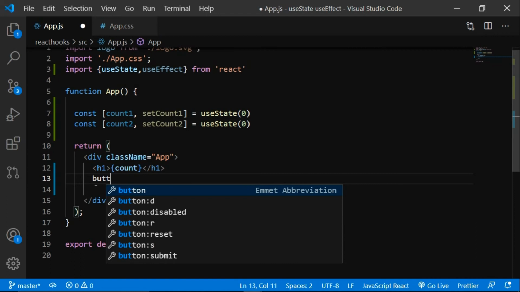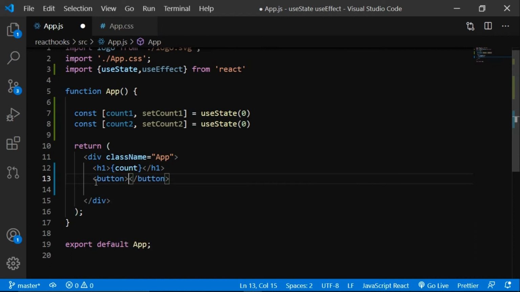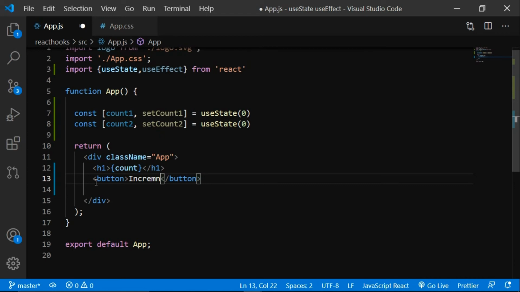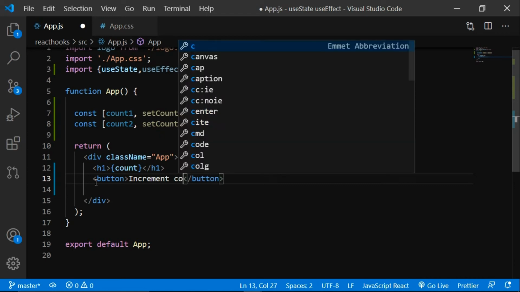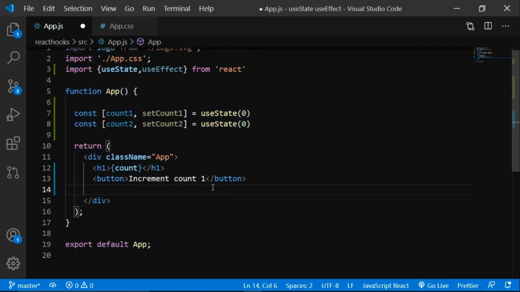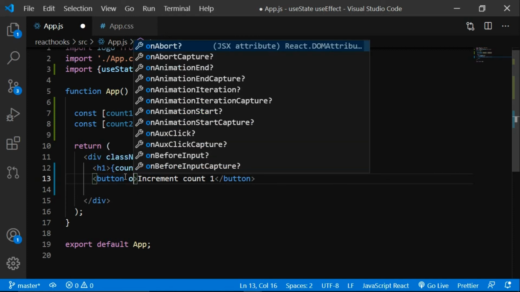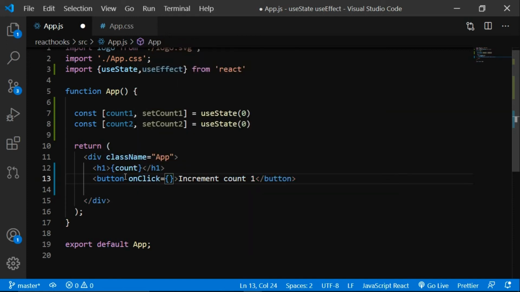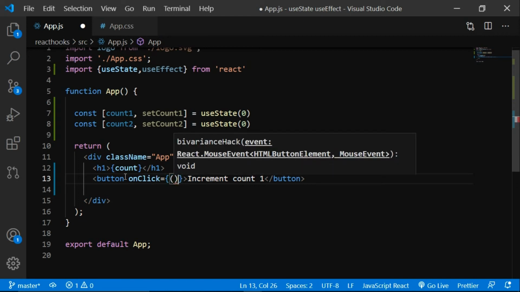So we'll add button and increment count1. Okay, and let's add onClick here, onClick, and an arrow function.